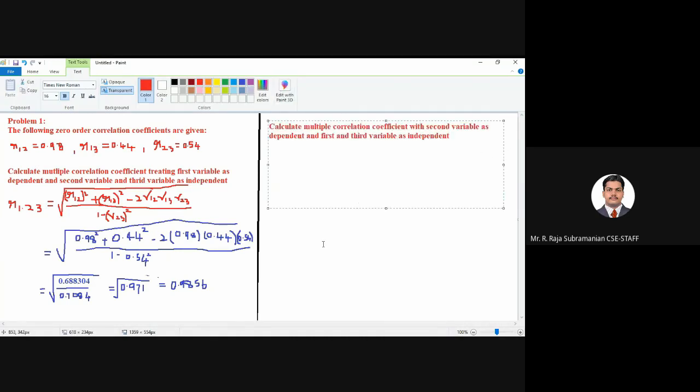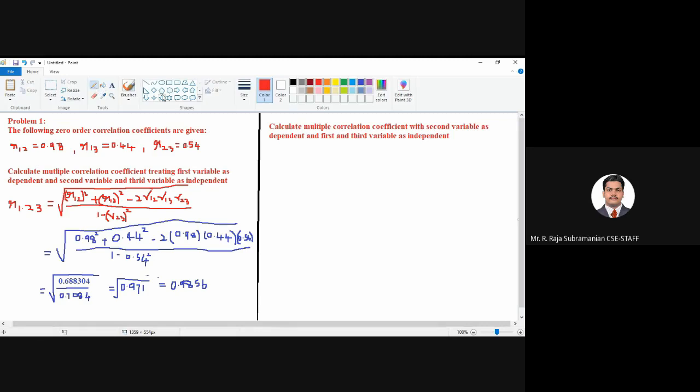Usha already said the formula; I'll enumerate it again here. The second variable is dependent, so the dependent variable comes first: 2 dot. After that, I'll put the independent variables, 1 and 3. So R 2 dot 1 3 is equal to,